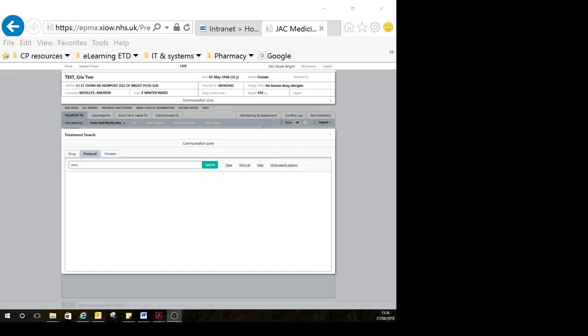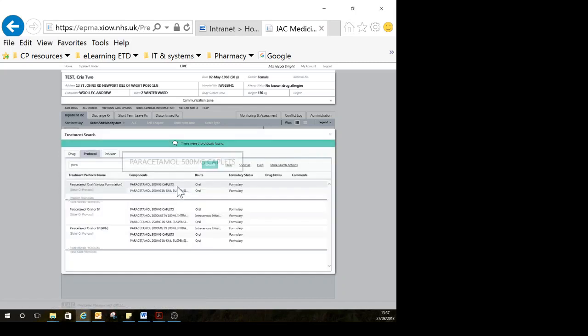Instead of prescribing an individual drug, you may choose to prescribe a protocol, and there are various different protocols available. So the first type I'm going to show you is an either-or protocol. So we'll start with paracetamol. I start typing in para, click search, and you'll see there's 3 options here, and each of them are